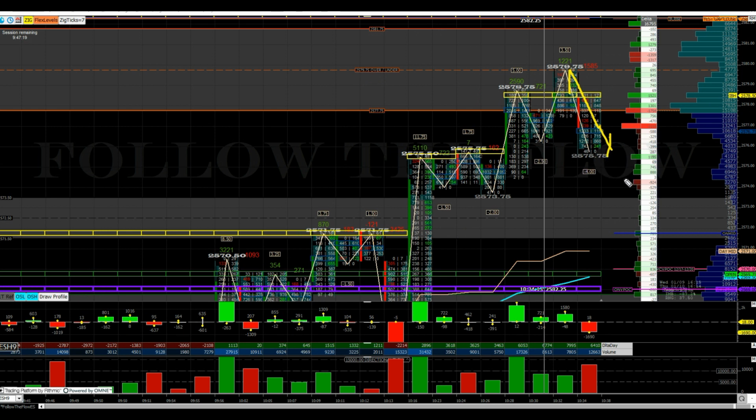So I take the trade off, thinking that, okay, there was the last push up. Now let's see if we start to drift a little bit lower here, fill in this weak volume that we left behind, and then boom, go for the next leg if buyers are serious. You can tell here that this was almost starting to become a little shift of momentum. Good delta, volume picking up again on the sell side. We've had this extravagant move up with no real pullback, so in my opinion, that's a good place to flatten out. I flattened out pretty much right here